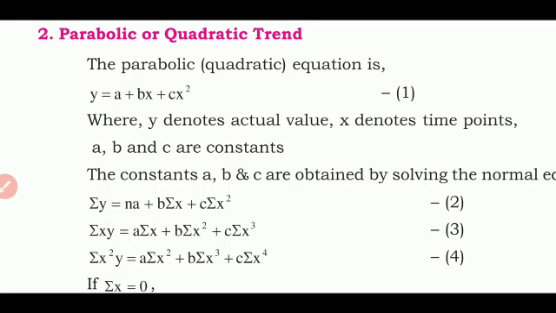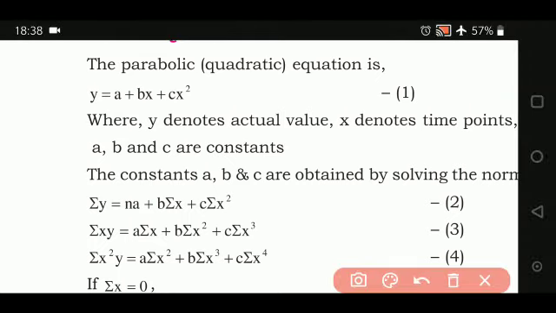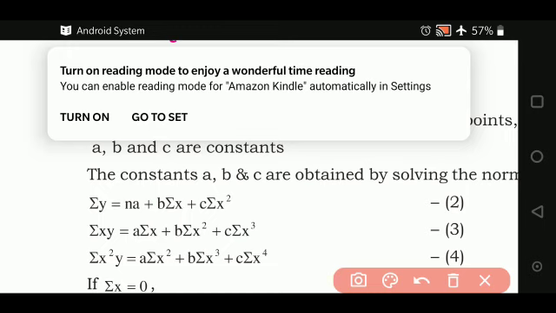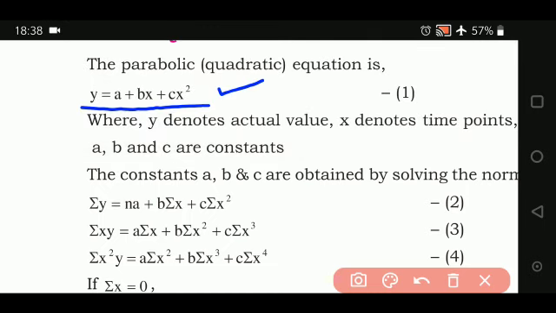So today we are going to study the second method under least squares, that is the parabolic or quadratic, or it's also known as second degree. Well, why it is known as second degree, let me explain to you all. Because we are going to use the quadratic equation, that is y is equal to a plus bx plus cx square. It's called a quadratic equation, or it is also called second degree, as here you have this 2, and this degree is 2, and that's why it's also called second degree. Now let me explain why exactly it is called parabolic.